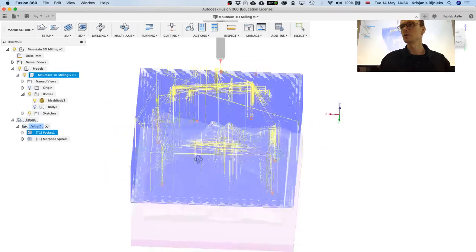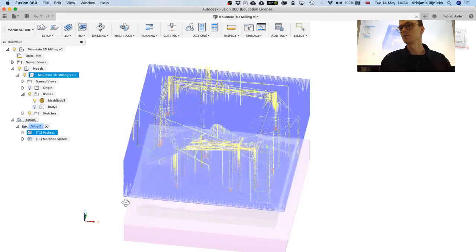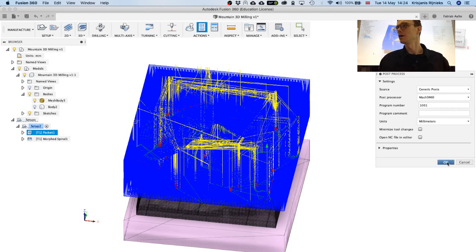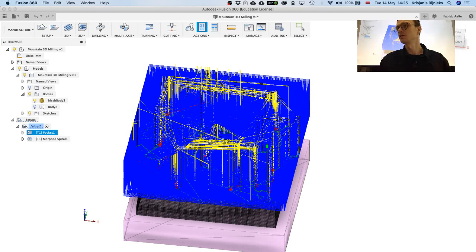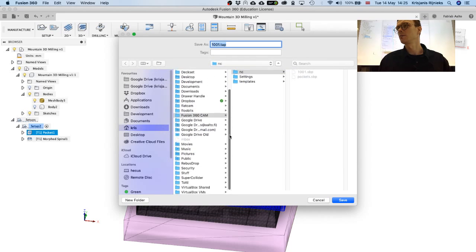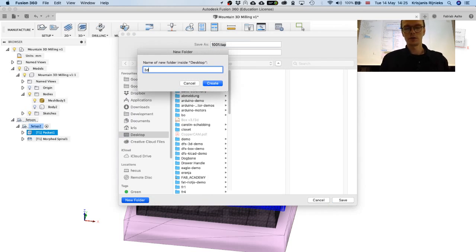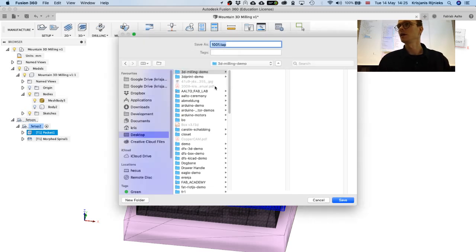So let's just try to do this actually. Let's take into account that the Z origin is on the bottom of the machine, and then let's try to export this one by one. So we go to post process, and we select generic posts Mach 3 mill, because we are going to cut it with our Recontech 1312 machine, millimeters. Hit OK. And I'm going to save it on the desktop, and I'm going to give it a descriptive name, so like 30 cm mountain, 12